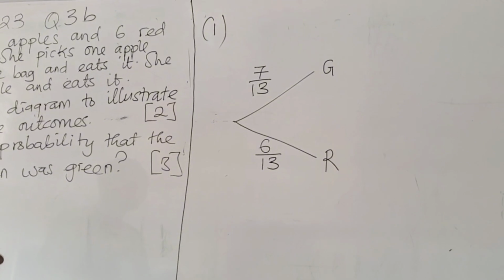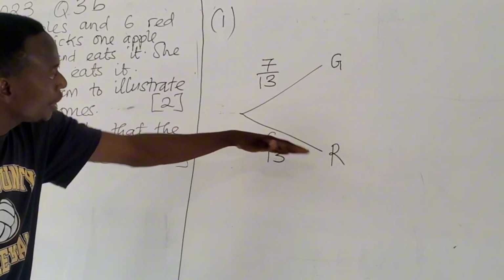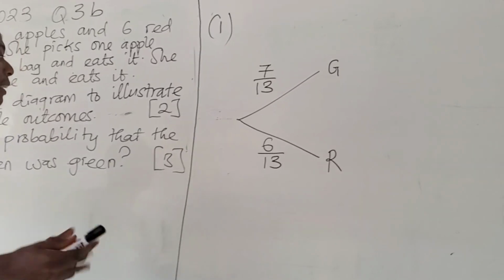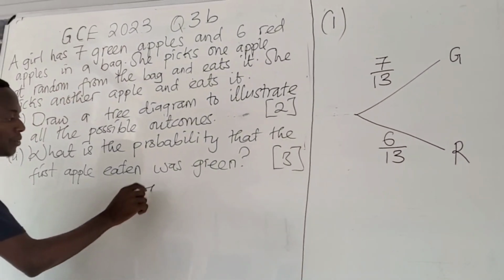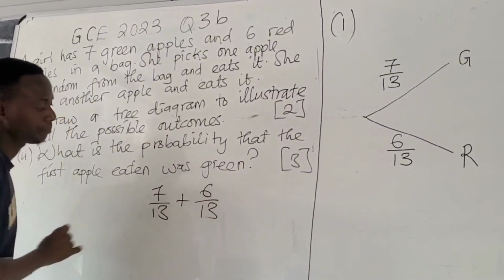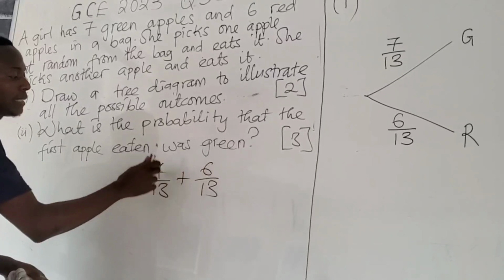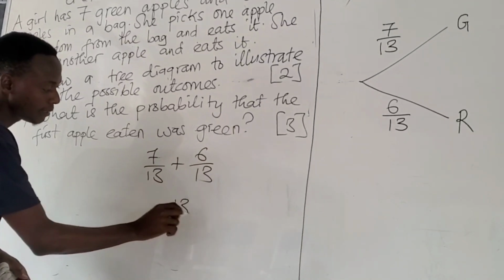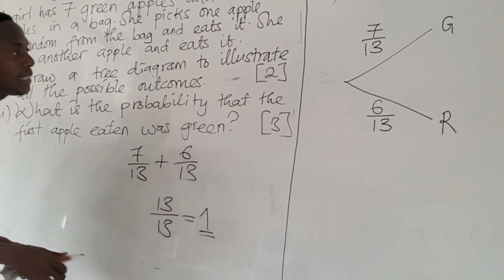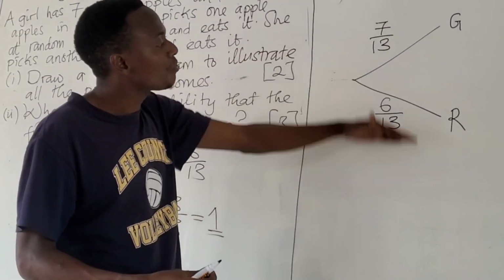Now with probability, when you make this first tree, you are going to realize that when you add this and this, it should give you 1. So let me just demonstrate that. 7 over 13 plus 6 over 13. Since they've got the same denominator, you just add the numerators. 7 plus 6 gives 13 over 13. What is 13 divided by 13? 1. So this shows us that what we have done so far here